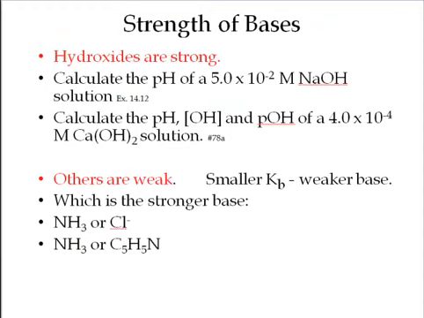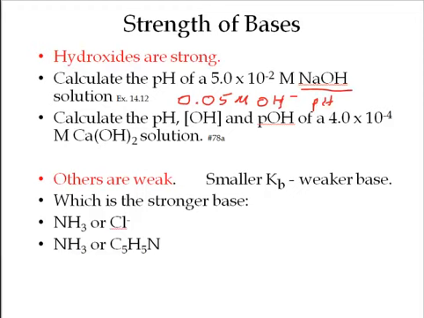So here's just some basic points about the strength of bases. And let's calculate a couple problems just to make sure we're on the right track. Calculate the pH of a 0.05 molar NaOH solution. Well, again, the challenging part to this problem is just realizing that this is a strong base, and that means I have 0.05 molar of OH minus, right? So again, take the negative log of that, and you get a pH of... Oh, wait, pardon me.